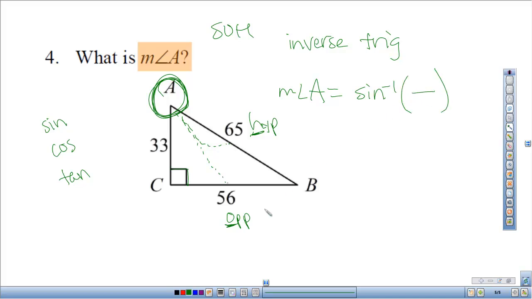Okay, what I need to do next is input the ratio of sides so it will output the angle for me. SOHCAHTOA tells me that opposite will be on top and hypotenuse will be on the bottom. So my opposite side is 56 and my hypotenuse is 65. And at this point I would grab my calculator, and remember, to get inverse sine you almost always have to press shift. So you press that, hit the sine button. Okay, and then I need to type in 56 divided by 65. I'll hit the equal sign, and it comes out to be